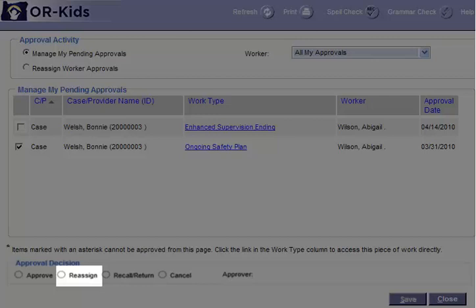Once this radio button is selected, there will be a Select Worker hyperlink available to search for the worker to whom the work will be reassigned. Recall/return. This function will return the piece of work to the last person to approve the work. It can also recall a piece of work to yourself. Cancel. This function works similar to a delete function in that the work becomes frozen and will not automatically appear